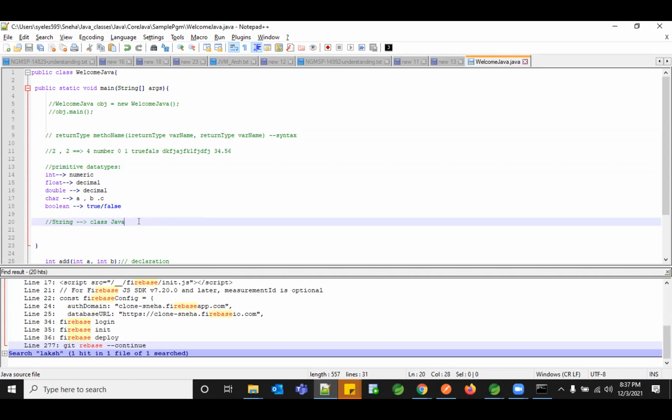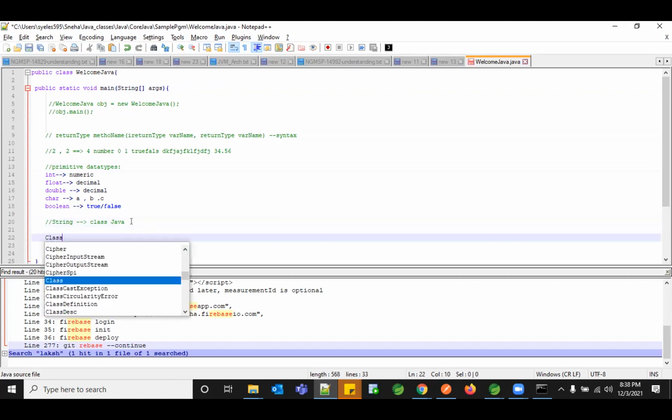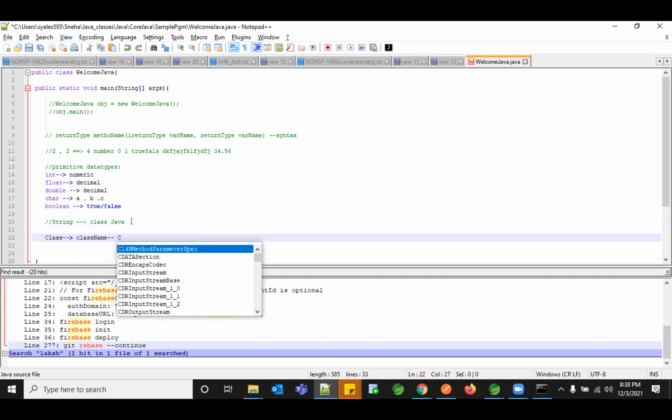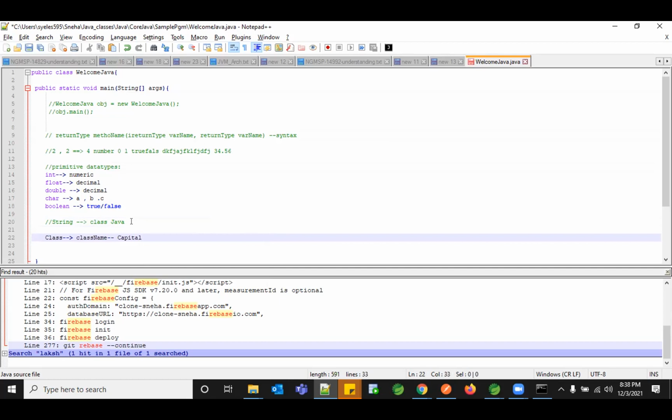A class is nothing but a template that has already been created, and you're just going to use that template to give your value. That is why they have capitalized that particular data type. If you see the other data types, they all start with a small letter, but this particular one starts with a capital. There's one more point you need to keep noted. Whenever you're creating a class, your class name should start with a capital followed by small letters, not completely capital. So always your class should start with a capital letter.